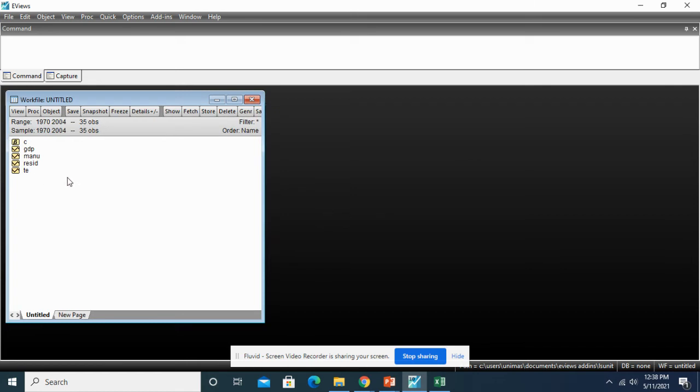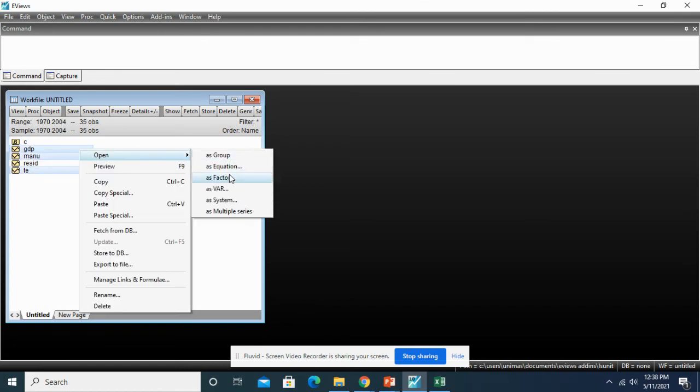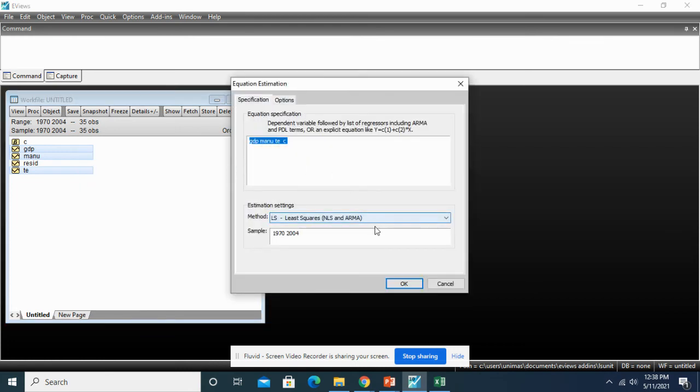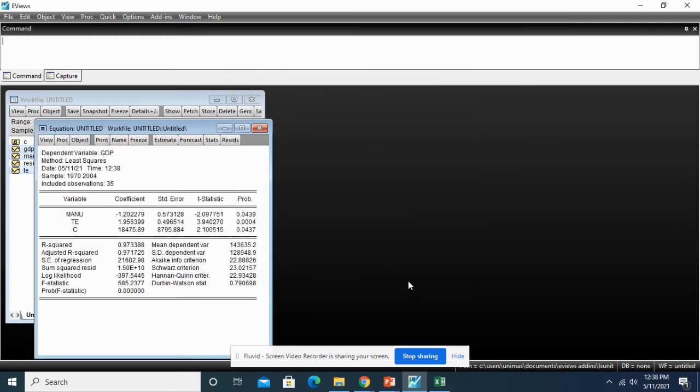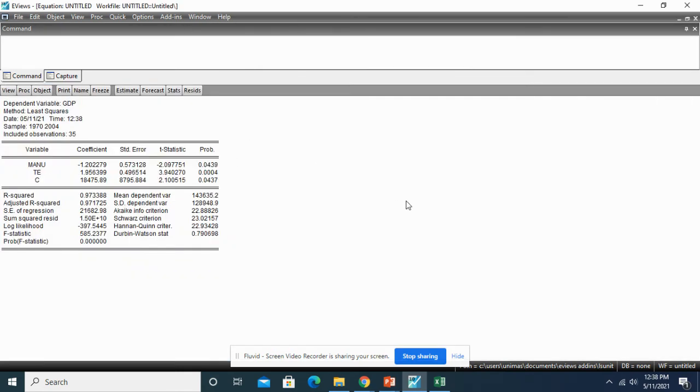So what we have done so far, let's say we choose this one as the dependent variable, GDP, manufacturing, and total export. We don't open as a group, we straight away open as an equation. We estimate this regression, we click OK, and it comes out like this. The other day we have checked. What we need to check here is this value, the Durbin-Watson value. This is something that you need to know. The Durbin-Watson value is